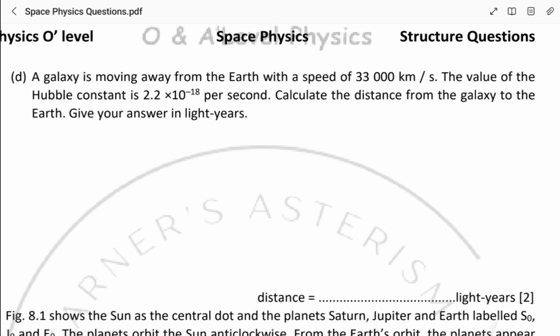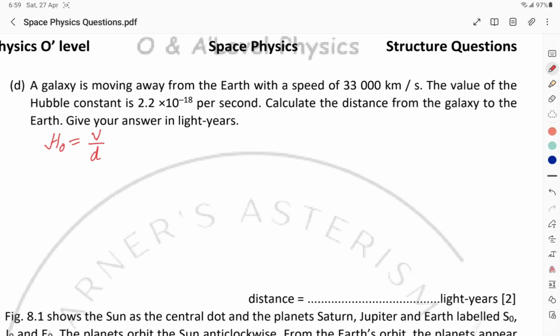Dear students, as we know, the Hubble constant formula is H naught is equal to V, velocity, over D, the distance. From this, D is equal to V over the Hubble constant. When we put the values in this formula, we have